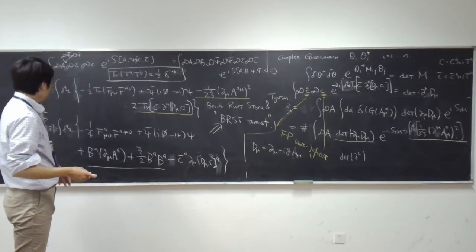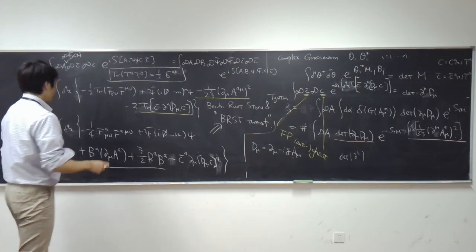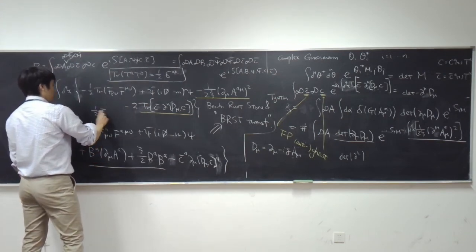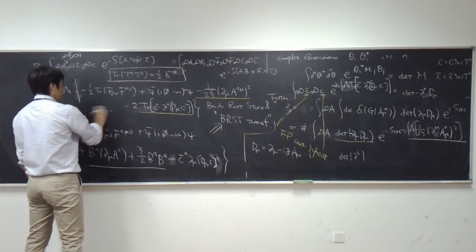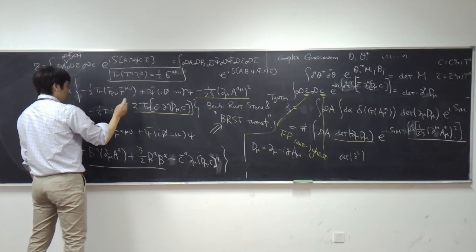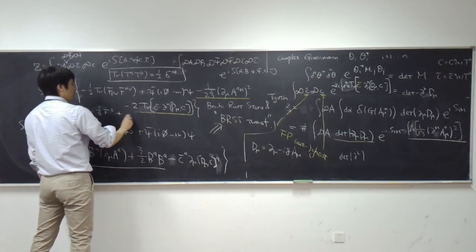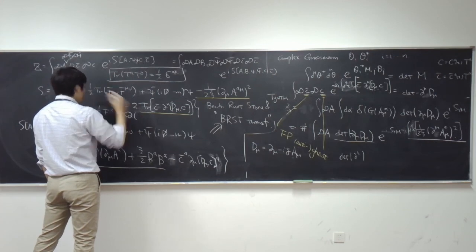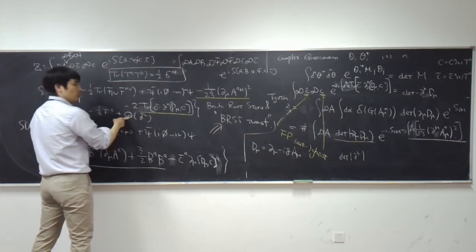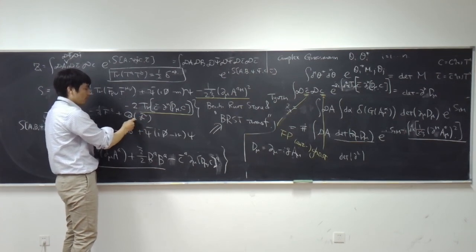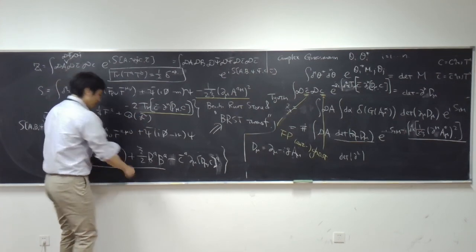Also, this action can be written as minus 1/4 F squared plus some BRST transformation of some Lagrangian L tilde. So this Q is the so-called BRST generator, and the rest of the part